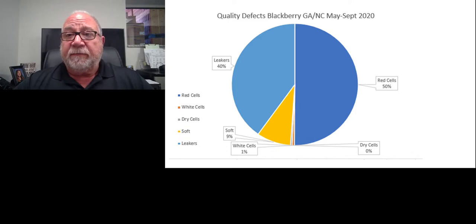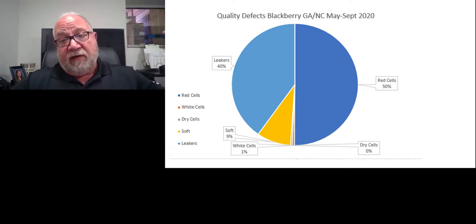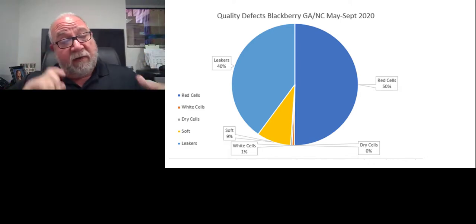Regression kind of disappears, even though they're still traveling in the same trucks before and after, but it does affect the trucking if the fruit gets a lot of jarring in the truck. And we have noticed also that the top layers of the pallets, especially in the early season and late season,